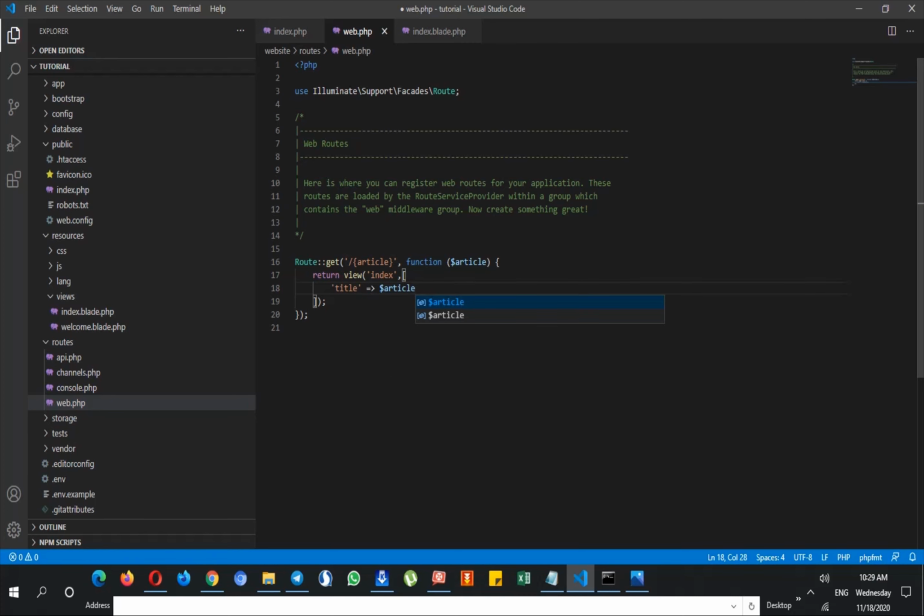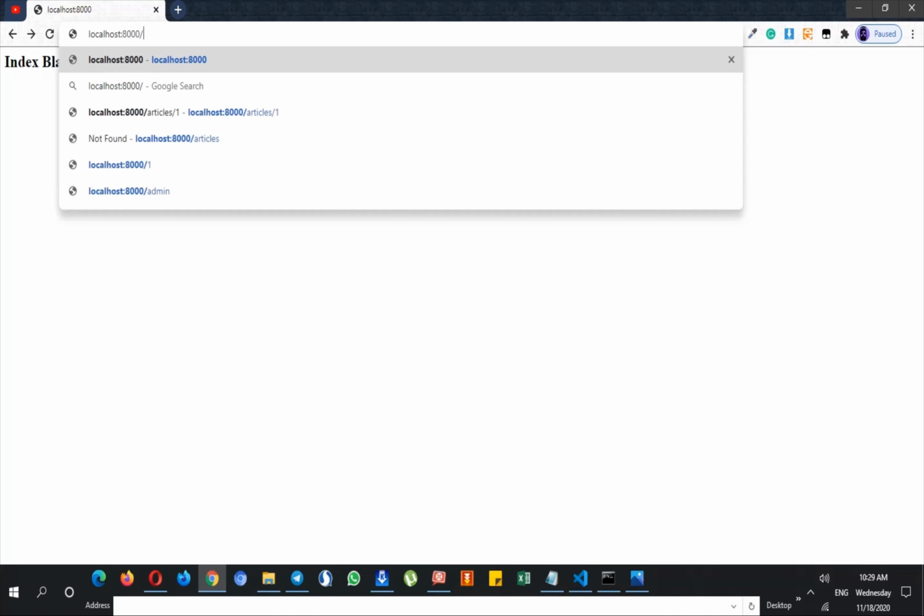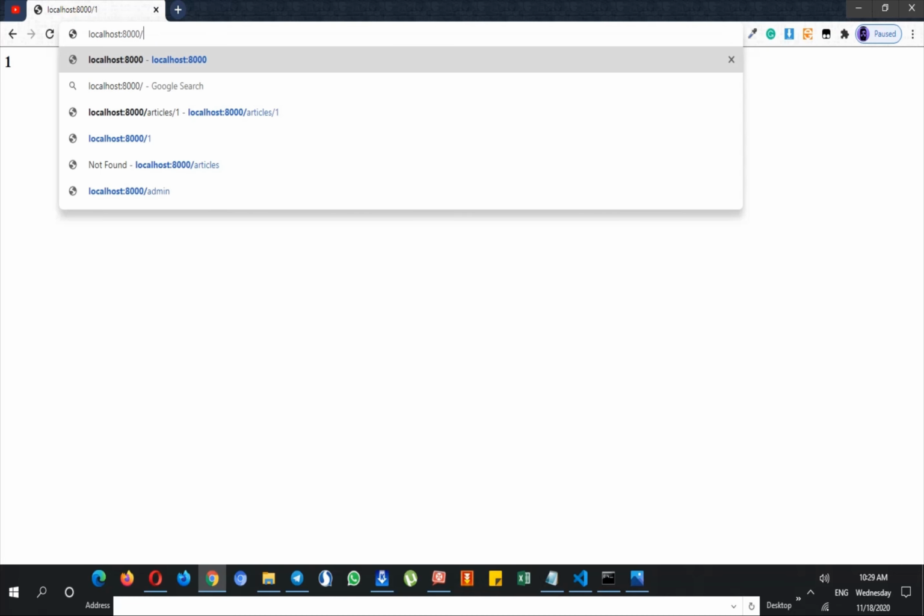Okay, now inside our blade, after opening PHP tags, I can say echo title. Okay, so this is very simple. If I refresh the page with ID, it says 1 because I entered one as ID, and I say hello,